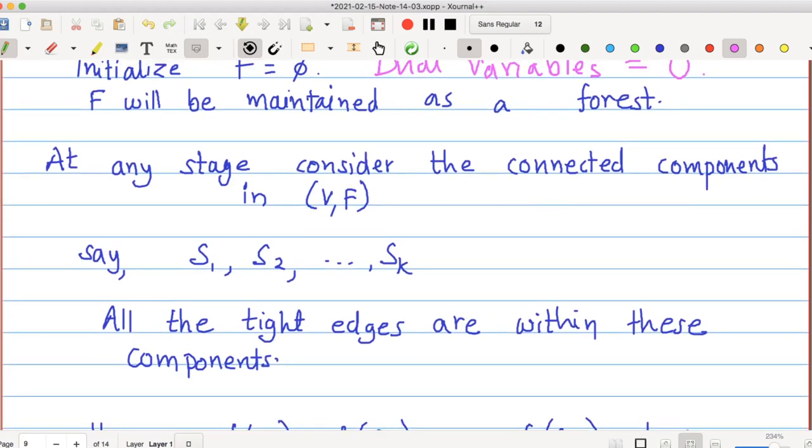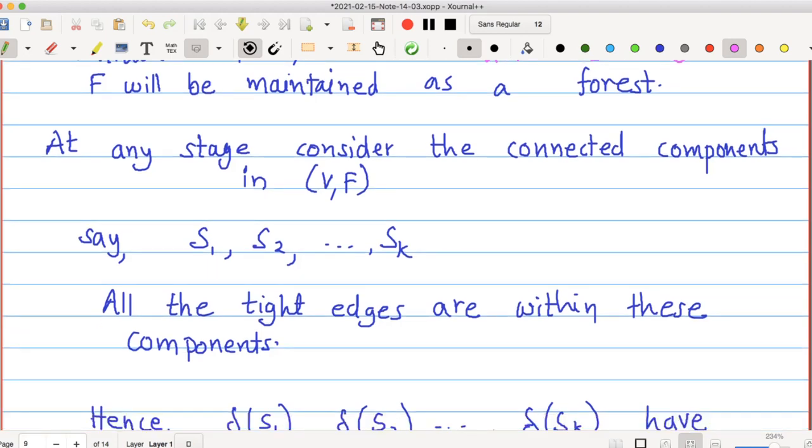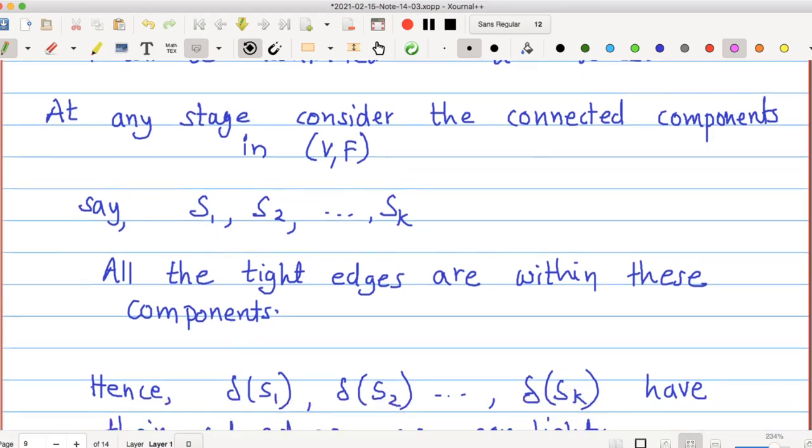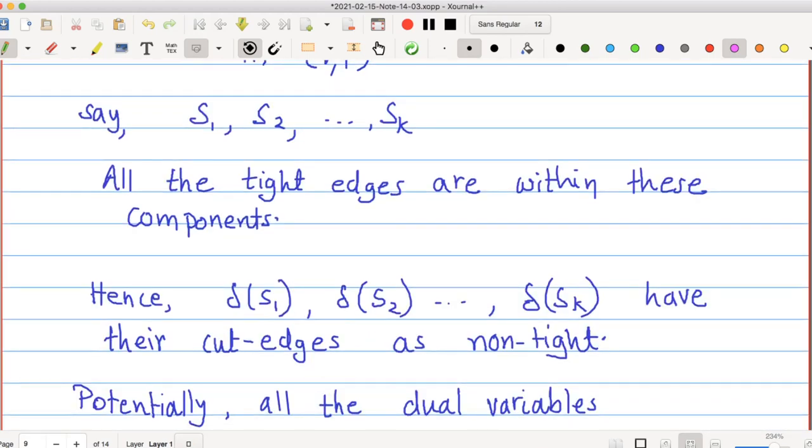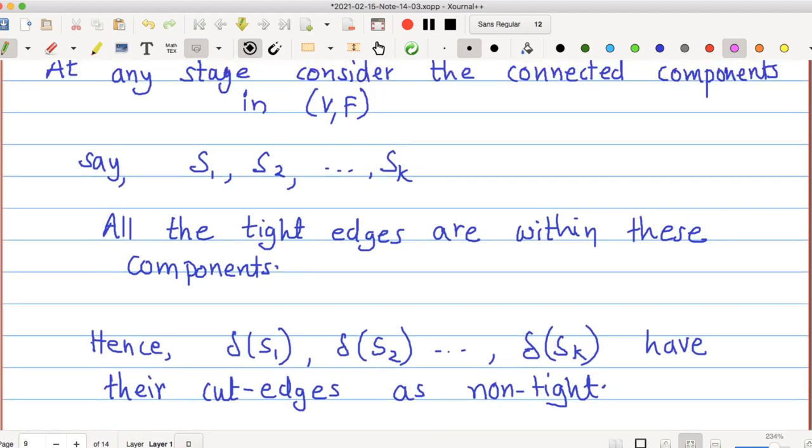Remember that all the tight edges are within these connected components, by definition, because we are considering connected components formed by the tight edges. So we can say that for these cut sets, delta S1, delta S2, delta Sk, all the cut edges are non-tight.